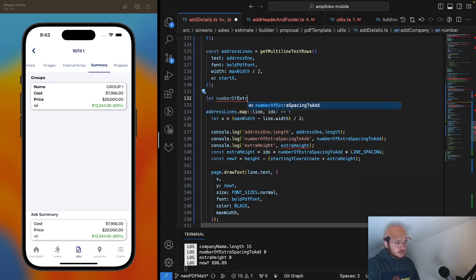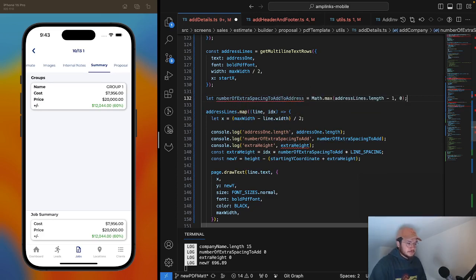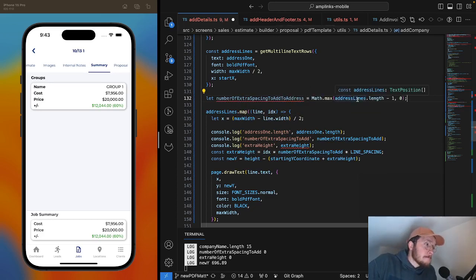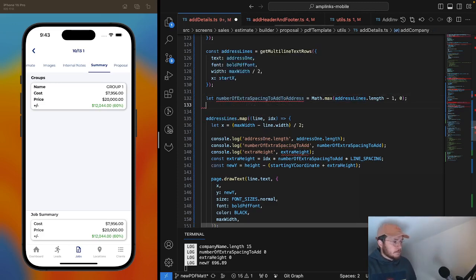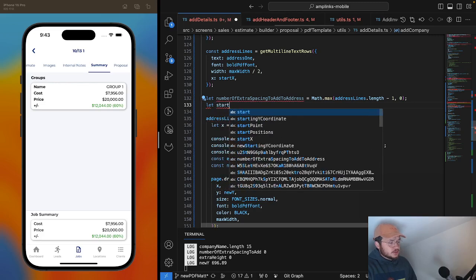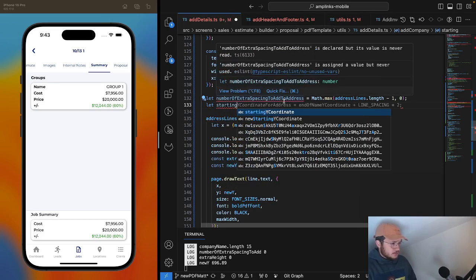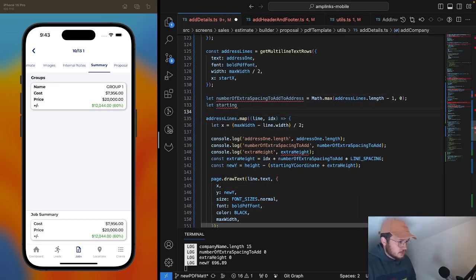Number of extra spacing to add to address. Let starting y coordinate for address equals the end of